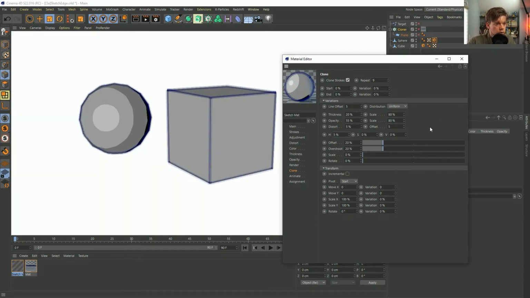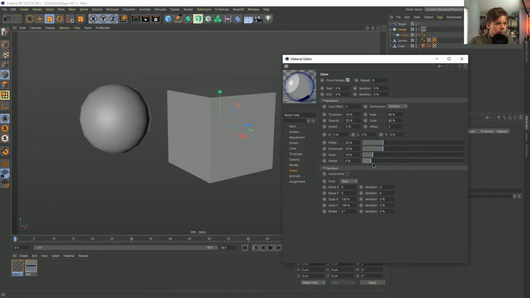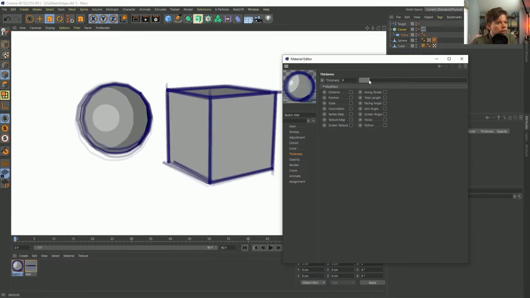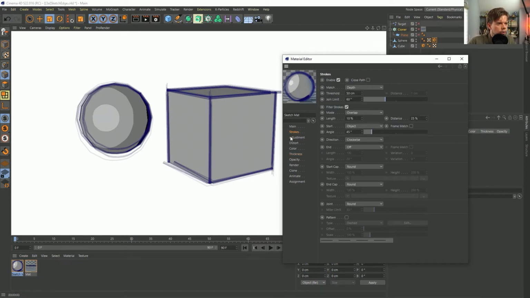We can even give it hue variations on some of the copies, so they're not quite perfectly overlapping. Some of these need to be okay. That's working a little bit better with more variation, and I guess a little bit more thickness on there would probably go a long way. Yeah. So you see, we start getting this sketchier look, and there's a lot of controls that we can have. You see that we're getting this very faceted look on the sphere. But if I didn't like that, I think we can go under